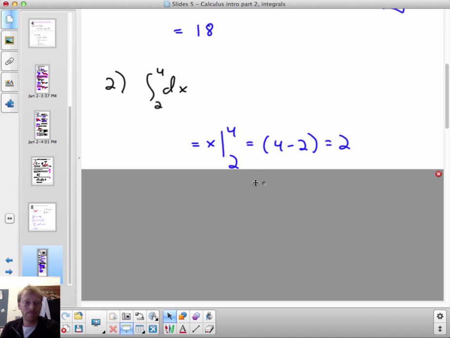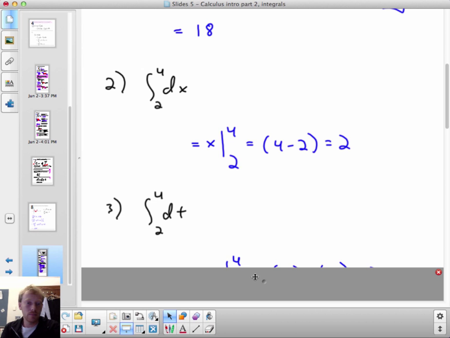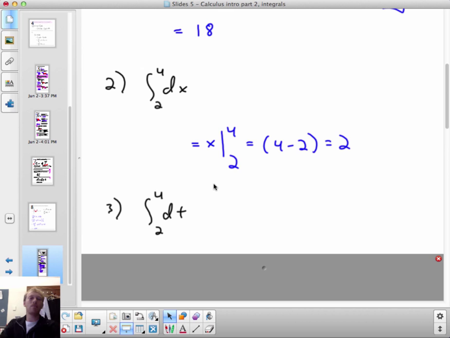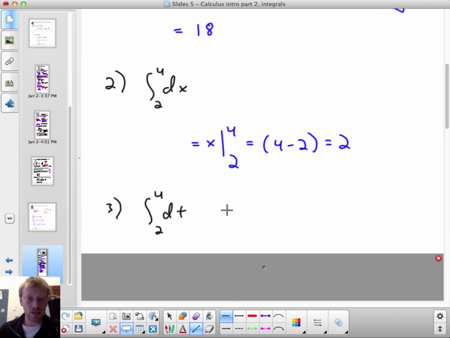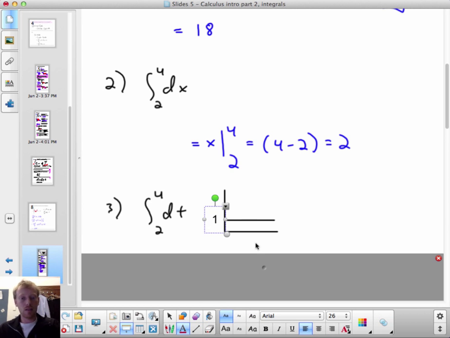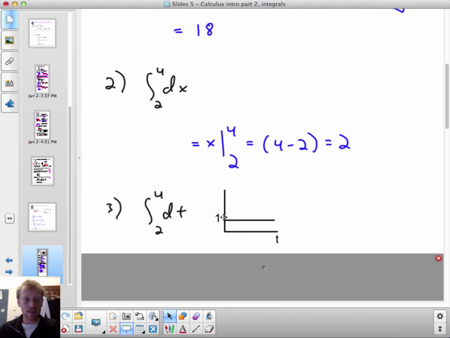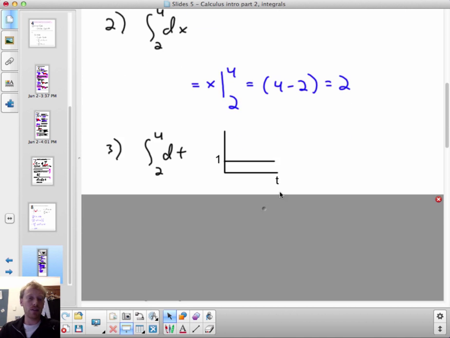is 2. If I do the same problem but with dt, it just means that I'm imagining the area of the function 1, imagining basically the area of this function with t on the horizontal axis. What is the area of this function between t equals 2 and t equals 4? Well, I can already tell that it's going to be a rectangle with area 2, and let's see if math